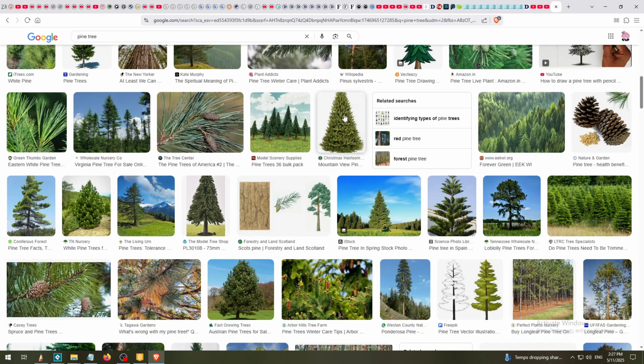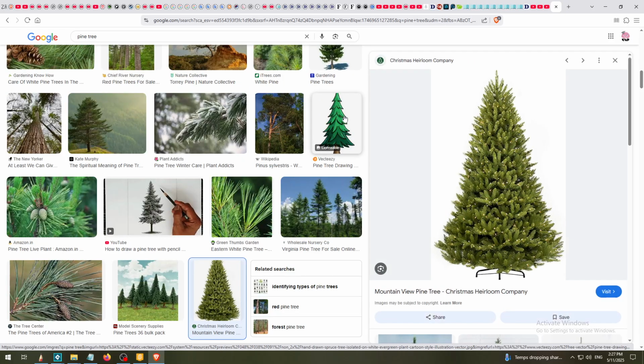And it's interesting because of its shape. It has a triangular cone shape, as you can see on this photo,